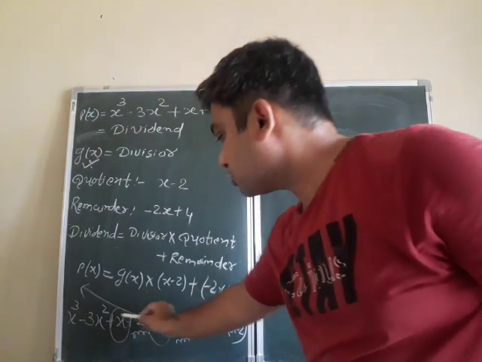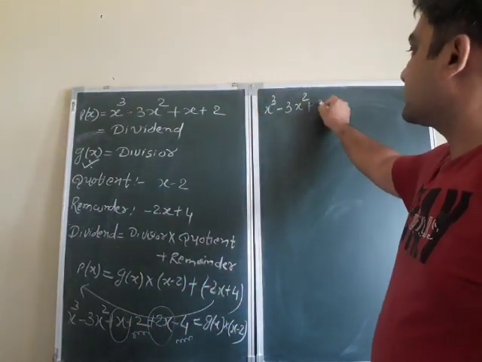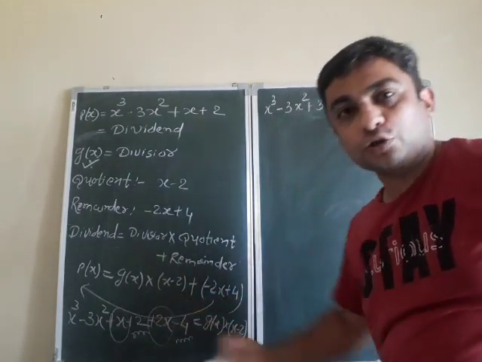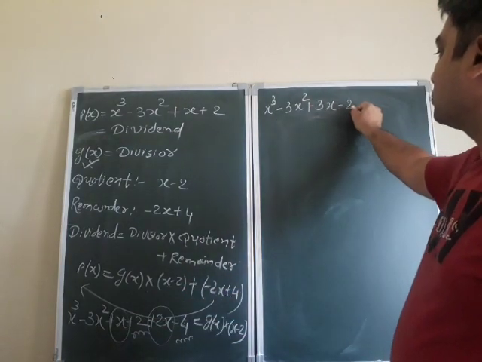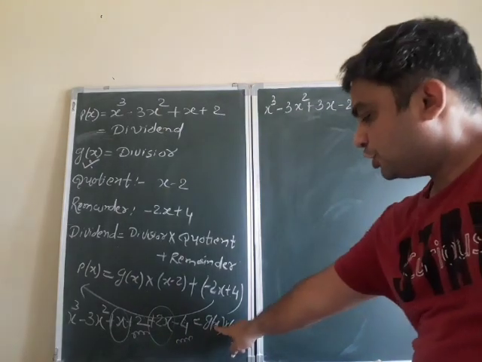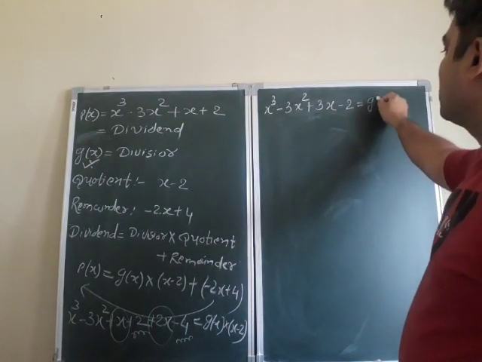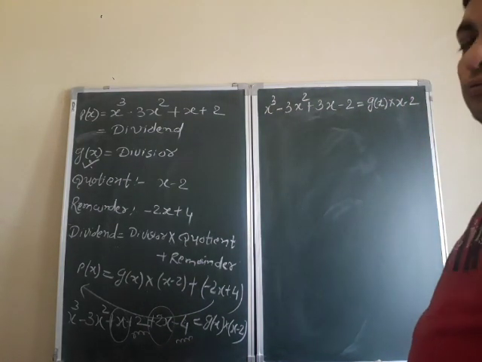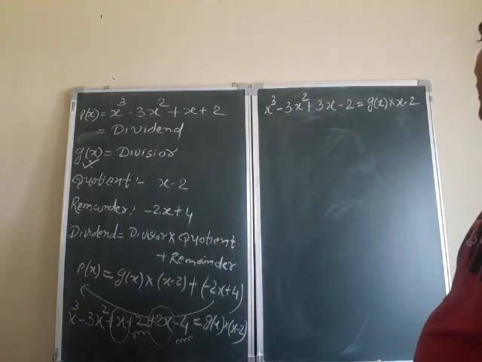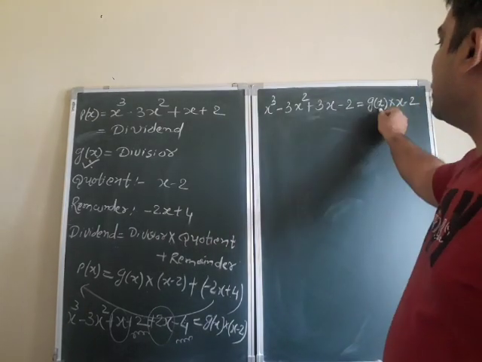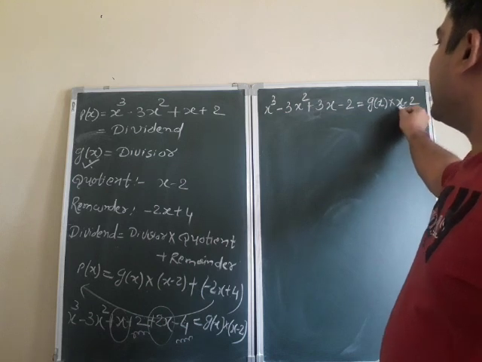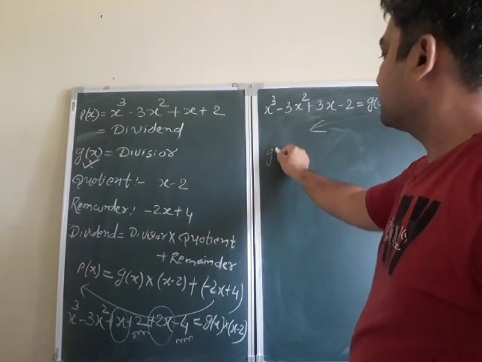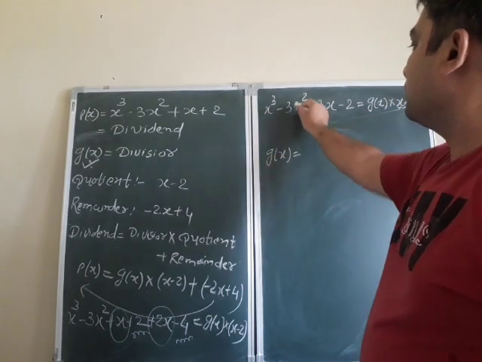This is plus 2x plus x, so this is 3x, and this is minus 4 plus 2, that's minus 2, is equal to g of x into x minus 2. Okay. So therefore g of x, this x minus 2, I take to this side. Fine. So the value of g of x is equal to x cube